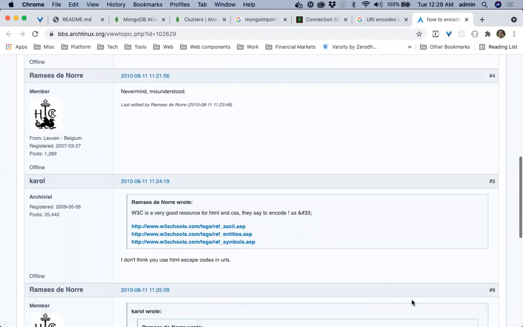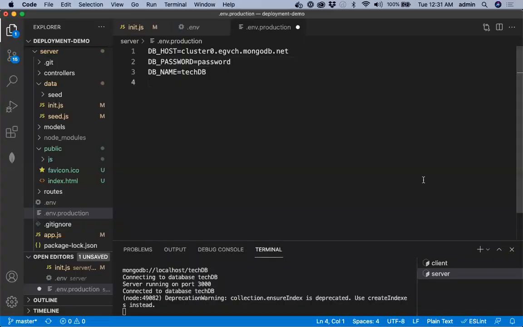Let me just check that. Okay, I just figured out: exclamation is percentage 21. So exclamation 23 becomes percentage 23. So please be careful here. You'll have to find out, if you're using special characters, what's the exact encoding to be used. So it can make it a little complicated, but it's always a good idea to have these special characters in